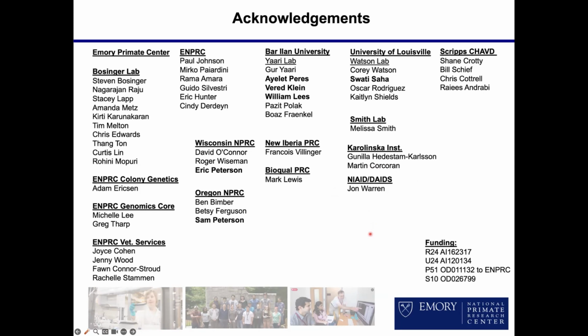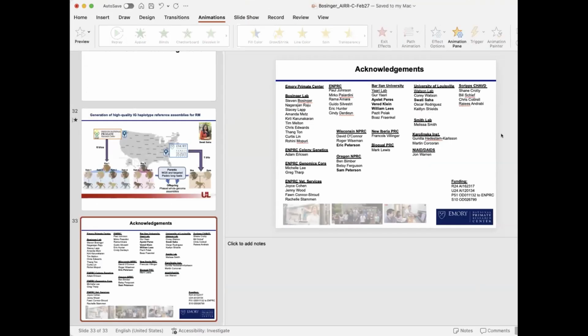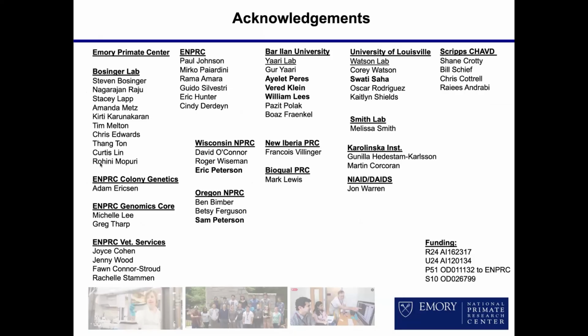Great. Thanks so much, Steve. That was fantastic and really a lot of work. I'm sure there are many questions. I'm just going to start. You said in your summary slide that the more animals you would look at, the more alleles you would find. Do you think there is an upper limit, or will we just find more and more?